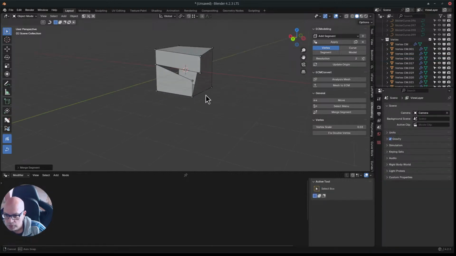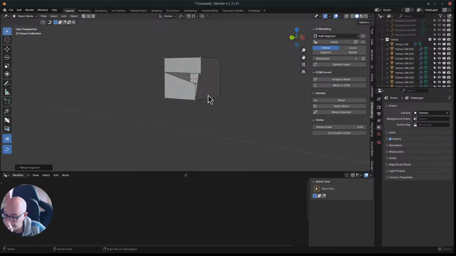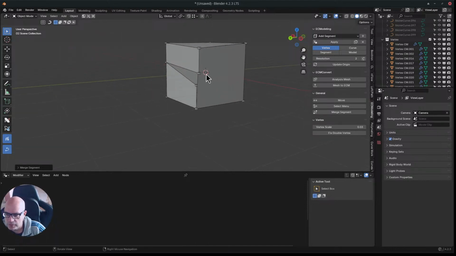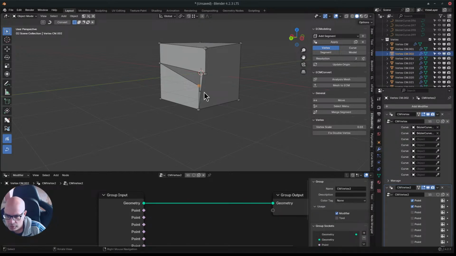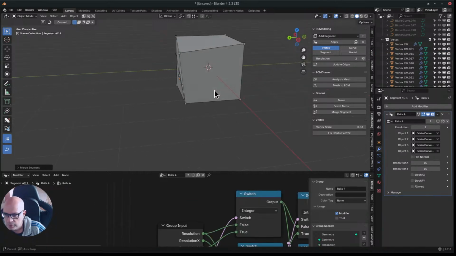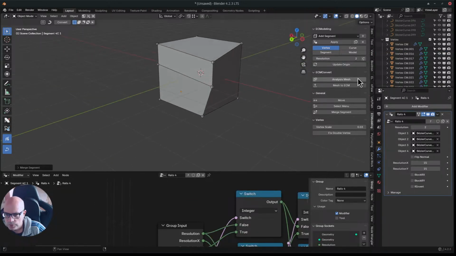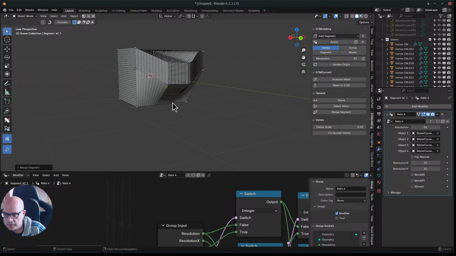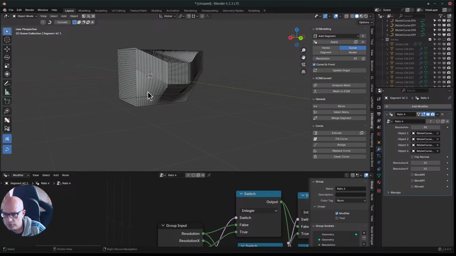Now it merges. Ignore the fact that it lost all the quads, because for some reason that's also a bug. It drops down to a resolution of 2, and then merge that. And now, if I raise the resolution, you can see that if I go and select the curve, which is